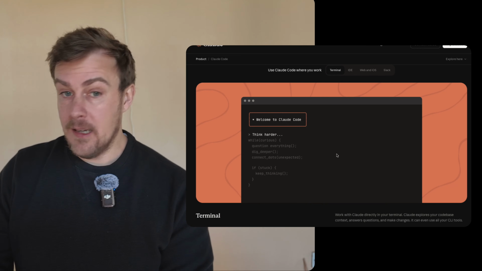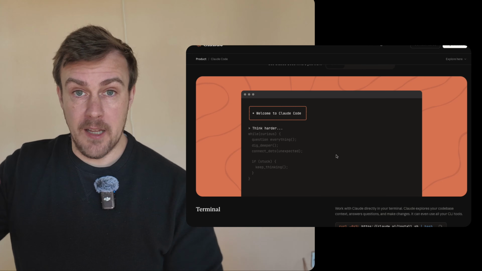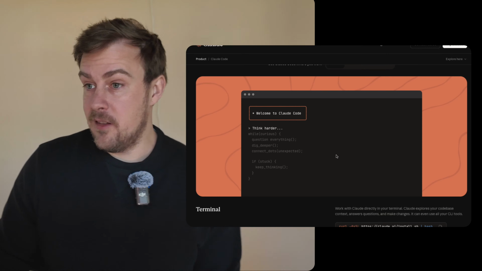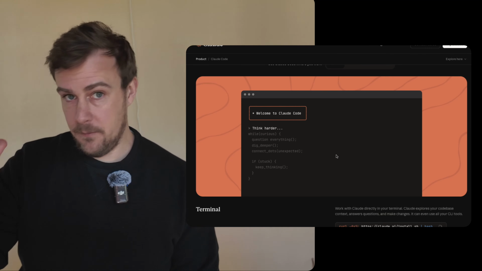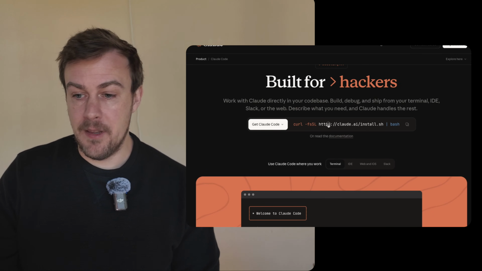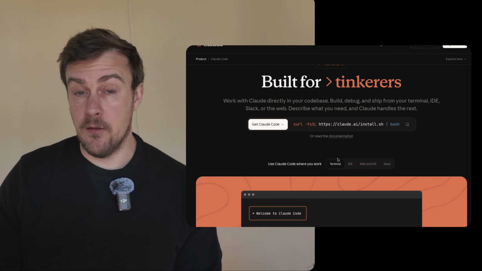The terminal looks like this. If you ever used DOS, DOS is probably the best example. You'll know what this looks like. If you're a bit older like me, you might have used DOS. You might have had to use C:\ to turn on games and stuff when you were a kid. Very cool. If you can use the command line, you'll be fine. You can just grab this piece of code here, shove it into your terminal, press enter, and it will install